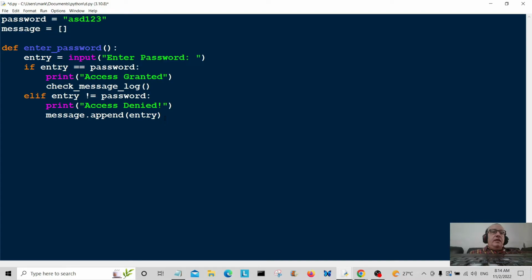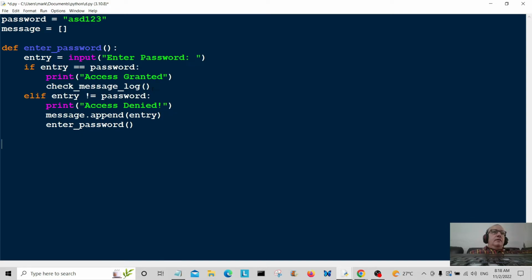So it's going to be saved there. Okay. And we're going to put enter password. So if you don't get the correct password, it'll just take you back to the entry again, so you can